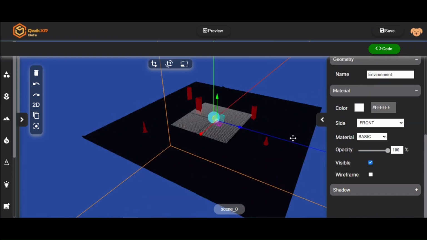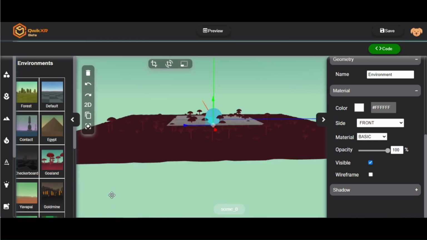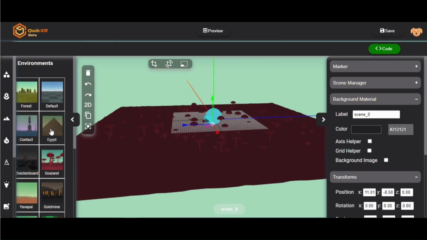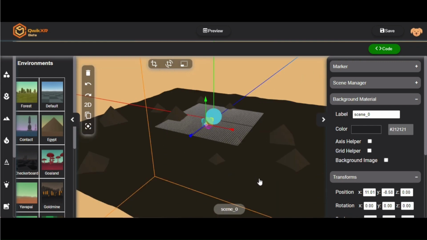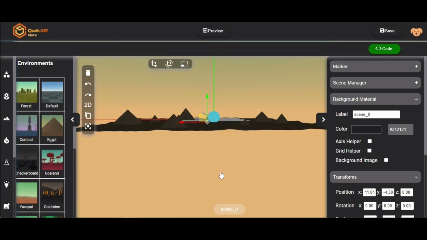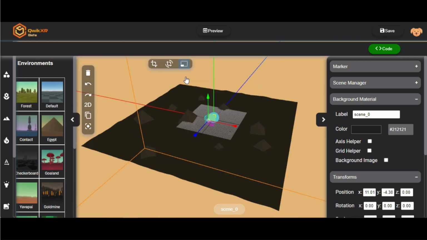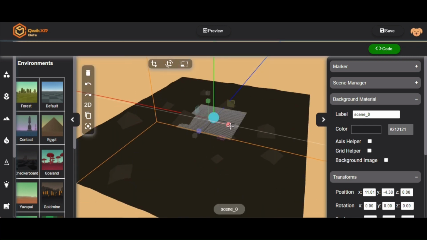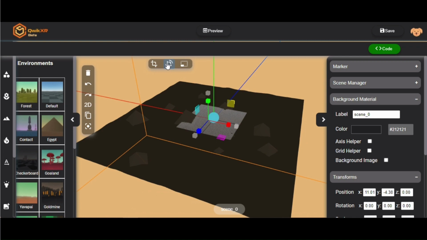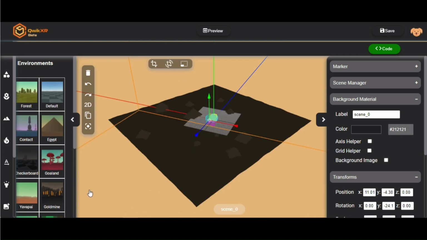Now these images are actually organized. There are a lot to sort through, so you want to sort to a suitable image. You can click any environment listed in our platform. You can also follow the themes. So there are different themes. For now I am going to go back to category all and I am going to choose the Egypt one. So I will click on that and there is the background.